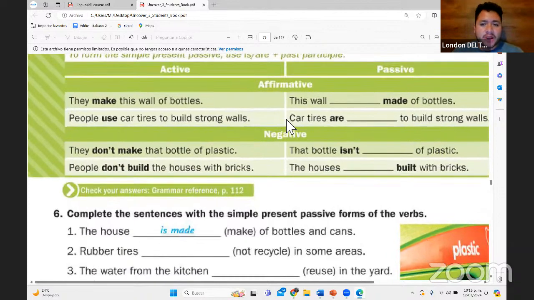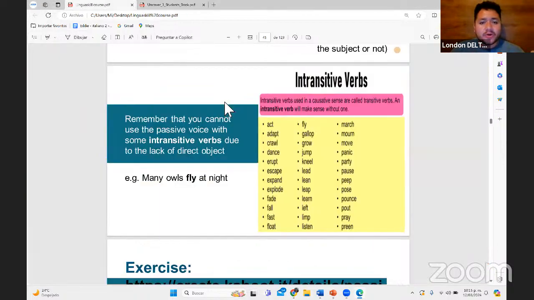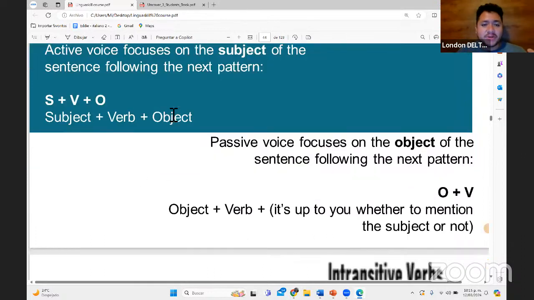All right. So what we have here, right? We call it the active voice, voz activa, es lo que siempre hemos usado hasta el momento. Es la estructura clásica. So, ¿cuál es esa estructura? Is the one you have here. Is the subject, verb, object. Sujeto, verbo, y objeto. So, in order to understand this, we need to understand what is subject and what is